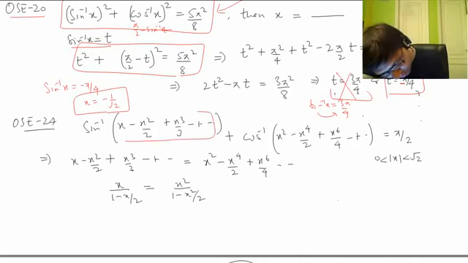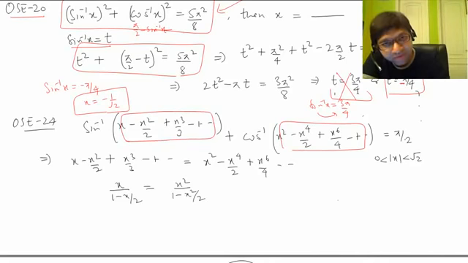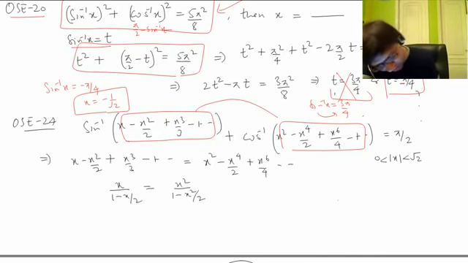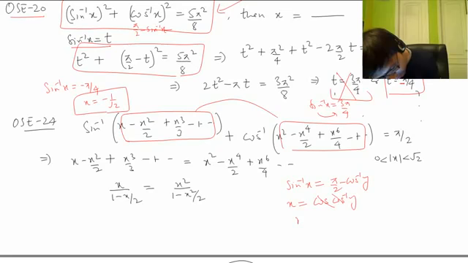We have sin inverse of this angle plus cos inverse of this angle equal to pi by 2. So these two angles should be same. If sin inverse of an angle plus cos inverse of another angle is equal to pi by 2, then both the angles should be same. Or you can do it like this: sin inverse x equal to pi by 2 minus cos inverse, different angle y मान लेते हैं, take sin of both the sides, x equal to sin लिया इस साइड का, sin (pi by 2 minus theta) is cos theta, cos of cos inverse y, कैंसिल करके आ गया x equal to y.